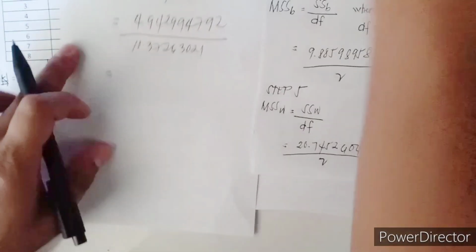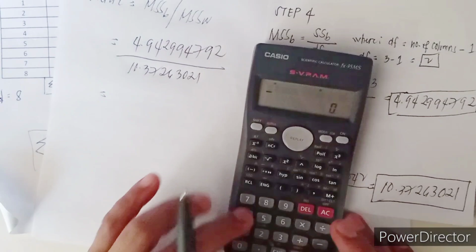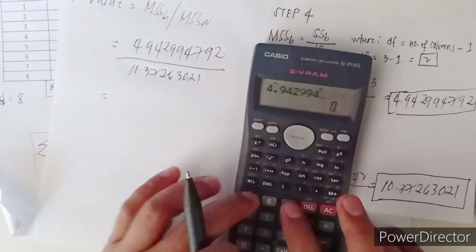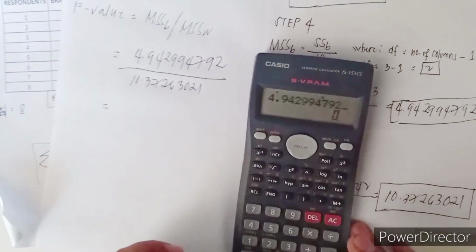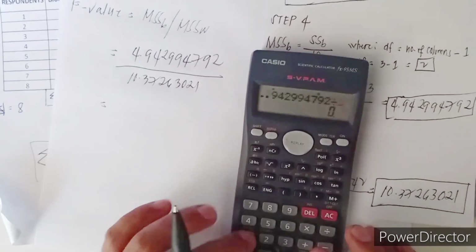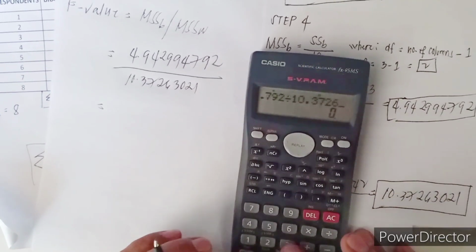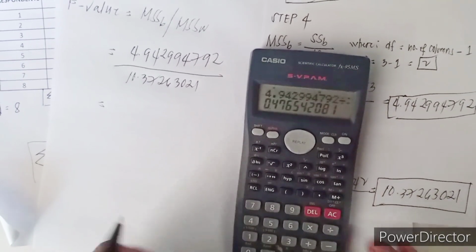So, 4.94299472 divided by 10.37263021 equal to